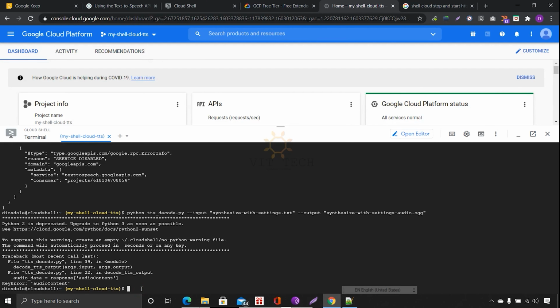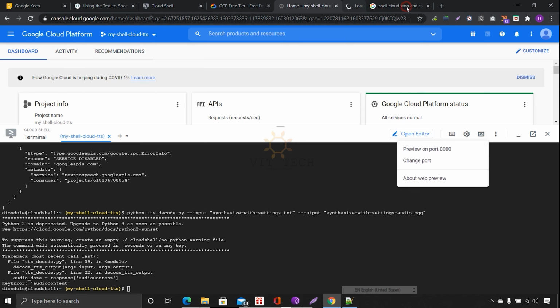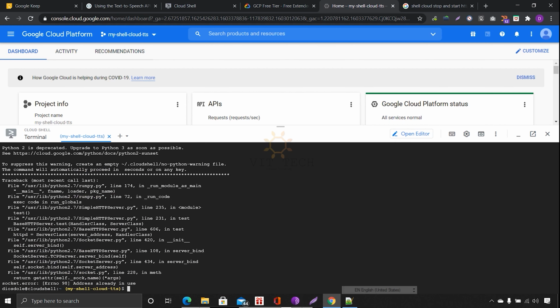Here again, open the port to see this. Now the port will not come. You have to run this port command, so we will run it. Already in use. Okay, so again it will take time to refresh. Last time also it happened like this, but we came back with both outputs.